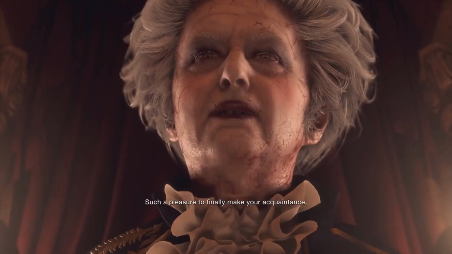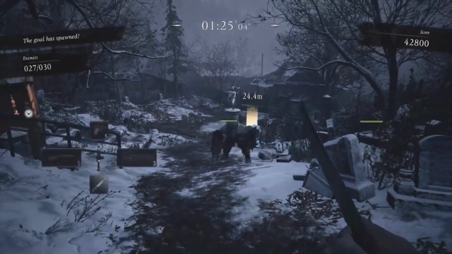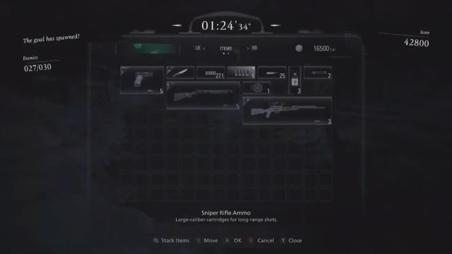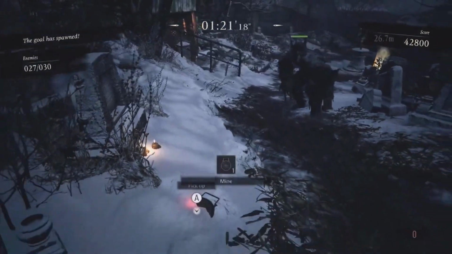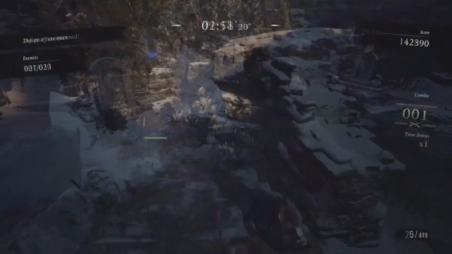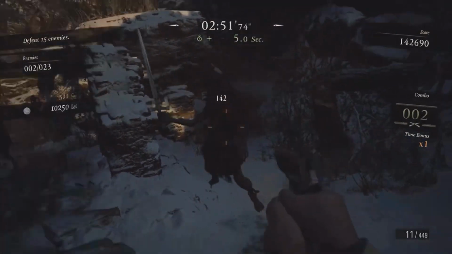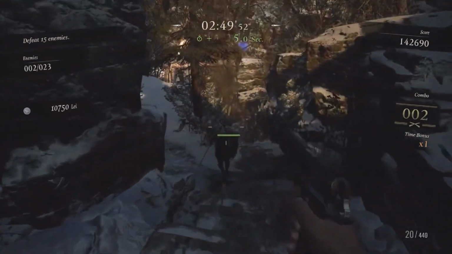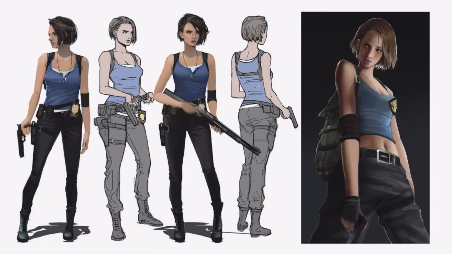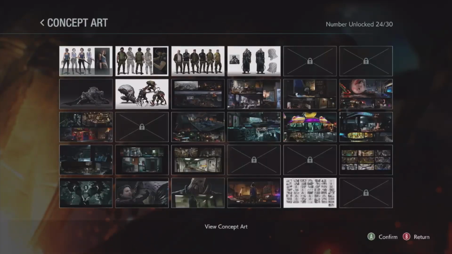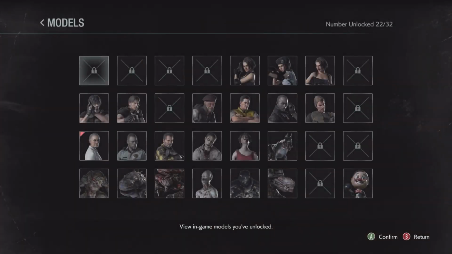I want to have a Mercenaries mode that you can unlock where you get a bunch of different characters that you can work towards by getting different ranks or challenges within the Mercenaries mode. You start off with Jill, you can get Carlos, you can get Moira, maybe someone else is a bonus, perhaps someone from a different series like, I don't know, maybe Dante. Why not? Crossovers are cool, like I just said. Have concept art you can unlock, have different models, the soundtrack, maybe even do what Haunting Ground does and have a special room for all of your unlocks that you can see.